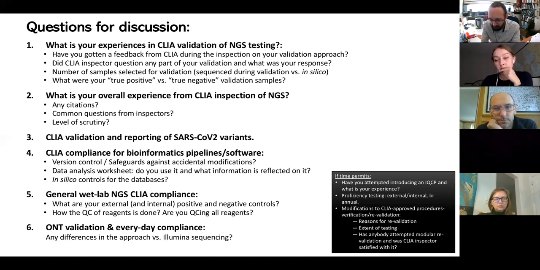Then not only we don't need to care about variant of concern validation, we basically validated the sequences itself.